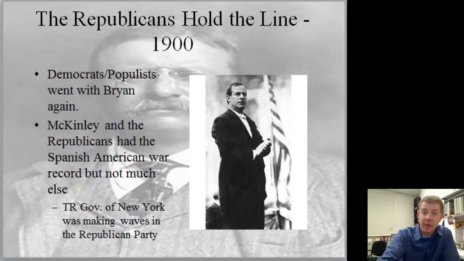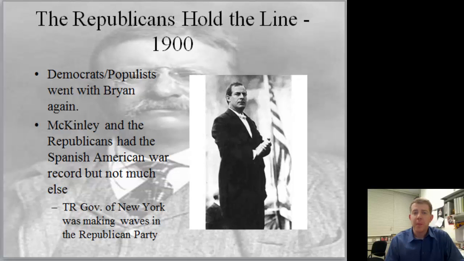The election of 1900 is a unique election for the progressive movement, because the progressive movement was showing signs of being bipartisan. That is, there were some Democratic progressives and there were some Republican progressives. And if I were in class today, I would say, who have you read about that is the most notable Republican progressive? And hopefully you would all know that the answer is Teddy Roosevelt.